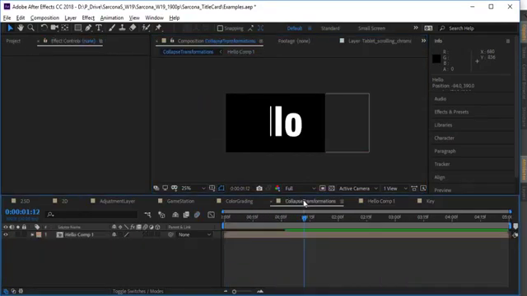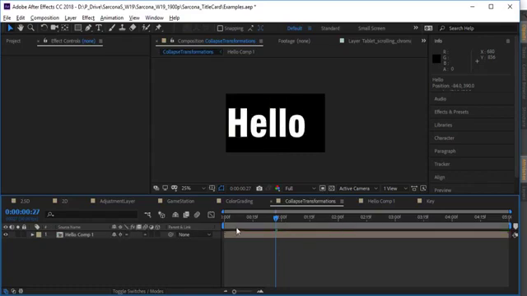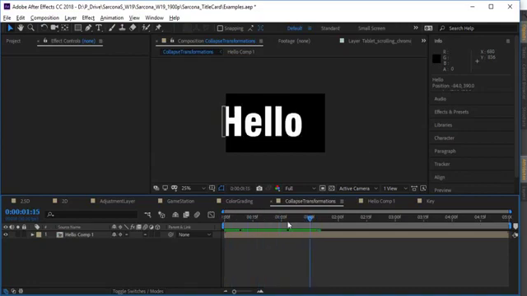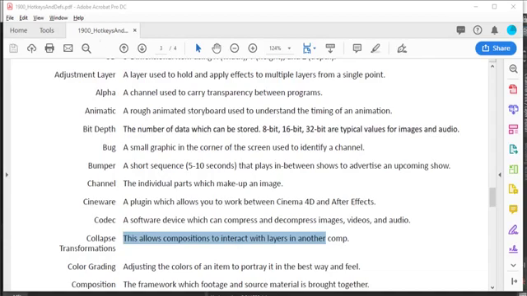Now if I go to this other composition, you'll see it animates the exact same way. It just gets cut off. But if I click this collapse transformation button, it'll actually bring the entire thing on there. It ignores the fact that in the other layer it's cut off, and it brings it right into the scene. So that was collapse transformations,